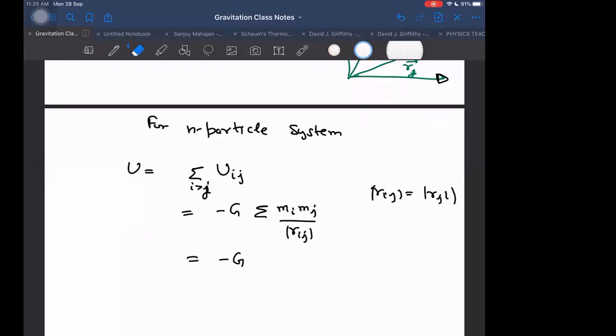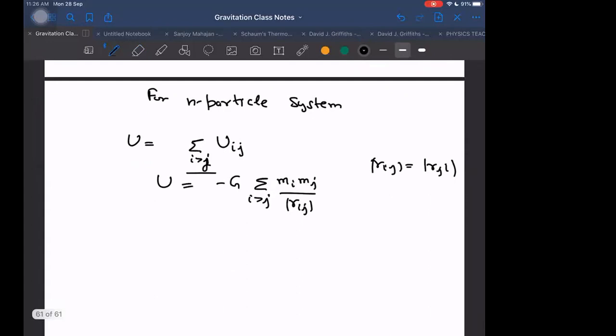That is why we do something like this. We put i greater than j, and moreover, this will also not give us such terms as G M1 M1 upon R11. That is also wrong otherwise. So such terms should not appear. How to avoid such terms? By writing this additional requirement, i greater than j. Then that will give us the total potential energy formula. Here also, i greater than j or j greater than i is the same thing, no difference at all. This is the net potential energy of the system.